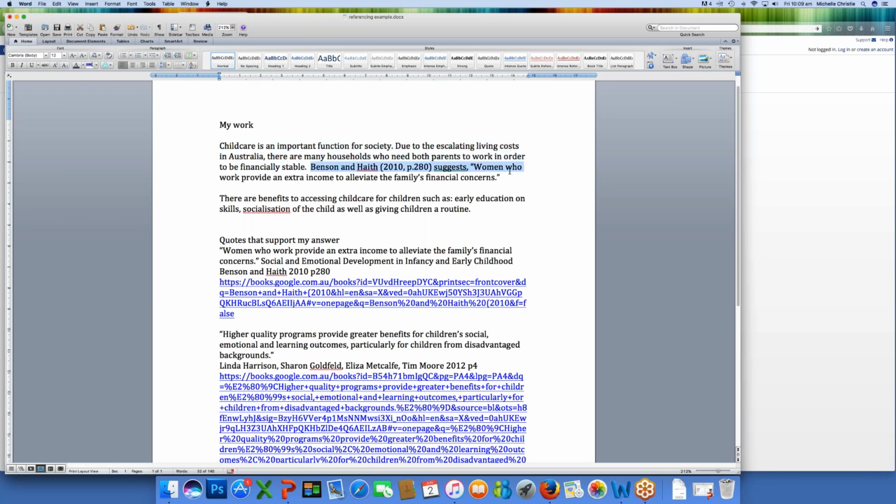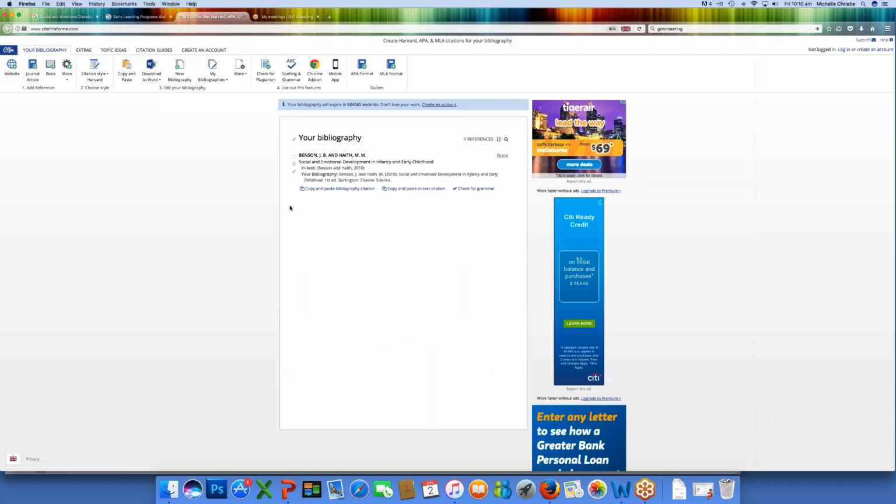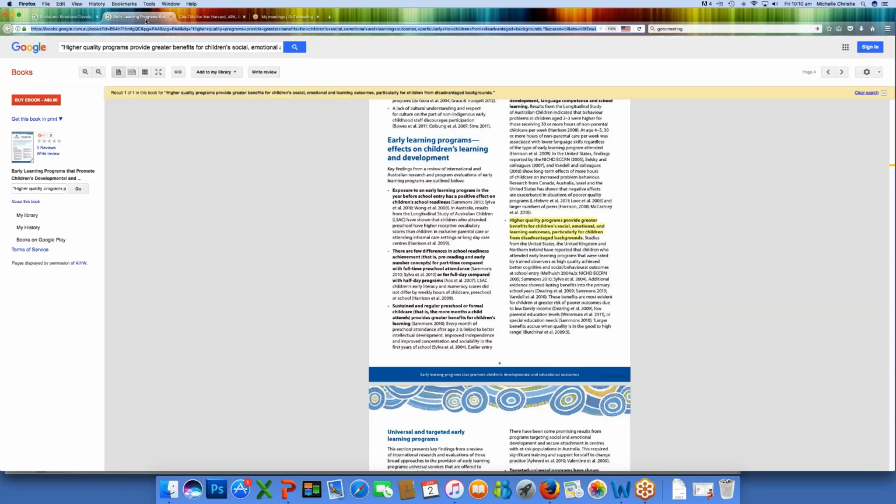this is a quote from Benson and Heath to back up my answer about being financially stable and alleviating financial concerns. So then I can do the same with the next quote. What I need to do, I'll do references after. So there is benefits to accessing childcare. So I'm going to grab my other quote. So you'll see on page 4 for